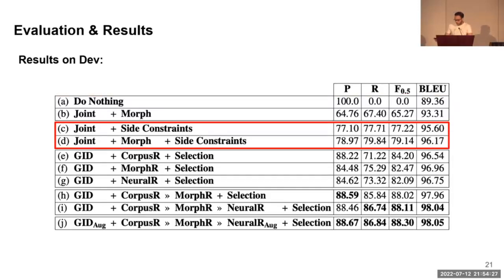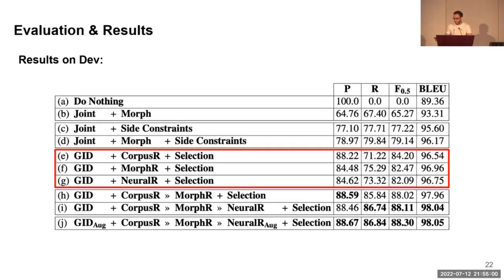Now we take that model and instead of learning a representation for the target user gender, we simplify it and we provide that information as a side constraint. We retrain 2 different systems, and we notice that the system in row D, the one that uses morphological features, achieves a better performance of 79 F0.5. Now for the multi-step model, we trained 3 different variants where all of them use the same gender identification and selection models, but they alternate in the rewriting setup they use.